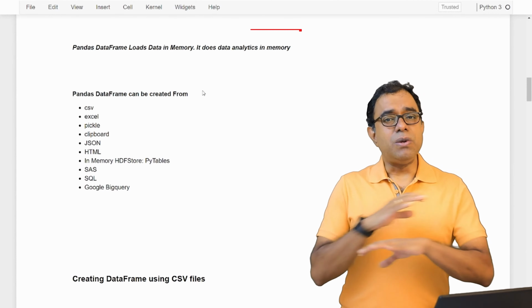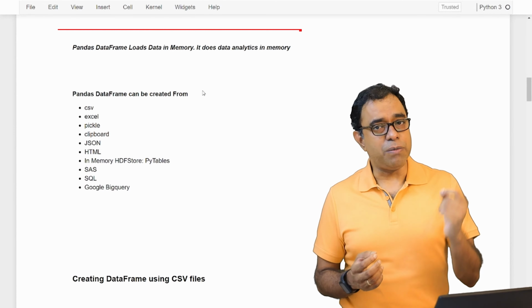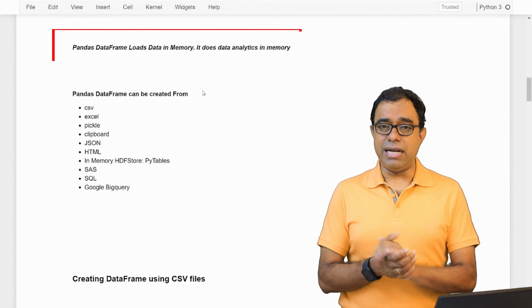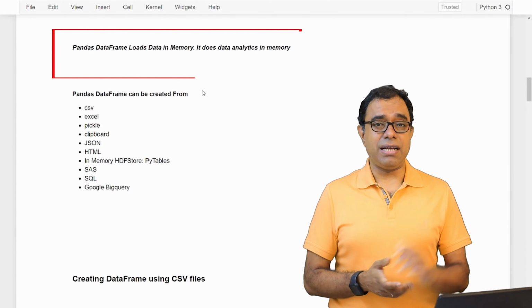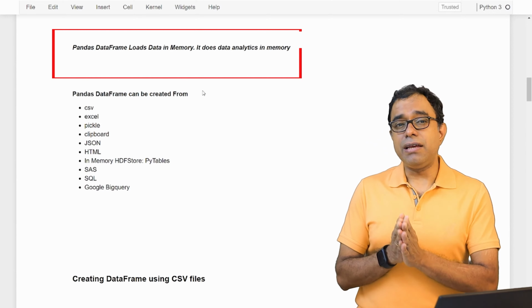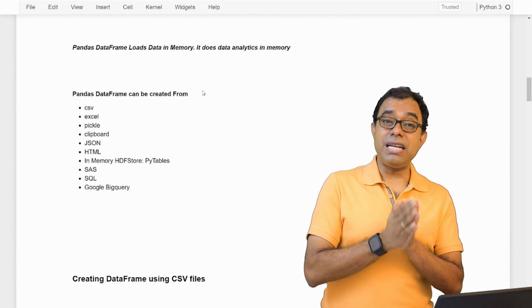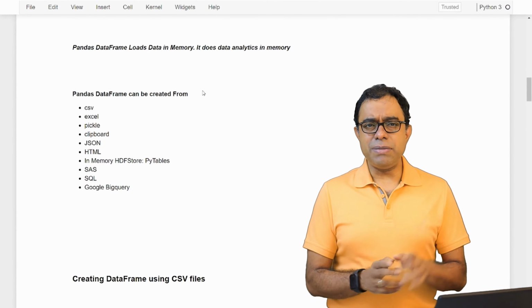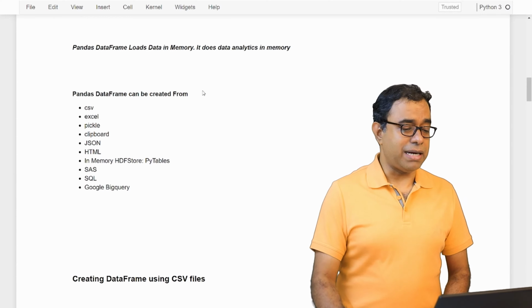A Pandas DataFrame loads everything in memory and does all the manipulation or data analysis there. Which means that if you are using Pandas, you have to take care of how much data you are loading, because all of the data will be loaded in memory. This is something you must always keep in mind while using Python Pandas.